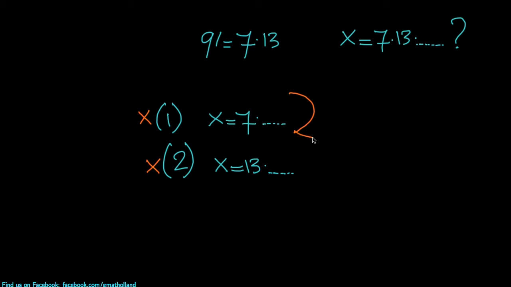Now if we combine both pieces of information, then we know that x has a prime factor of 7 and it has a prime factor of 13. So then we can say, yes, x is indeed divisible by 91 because it has a prime factor of 7